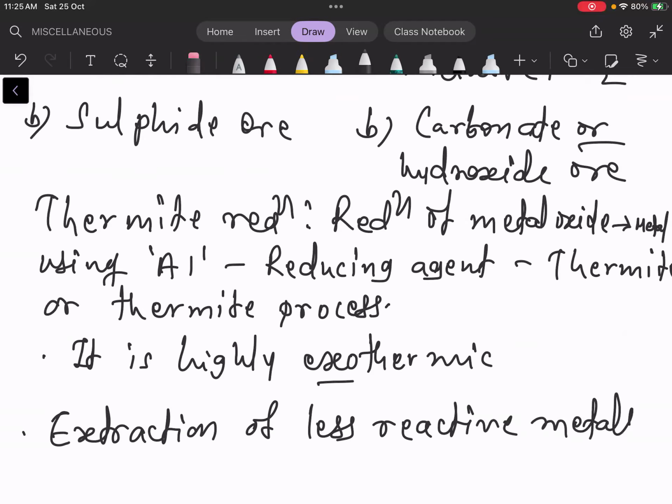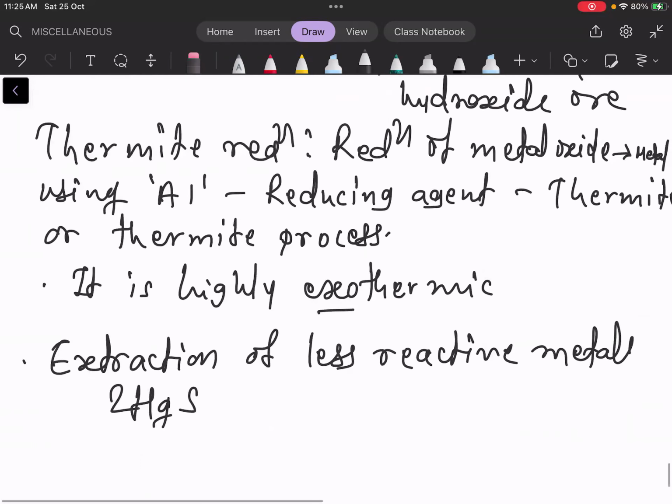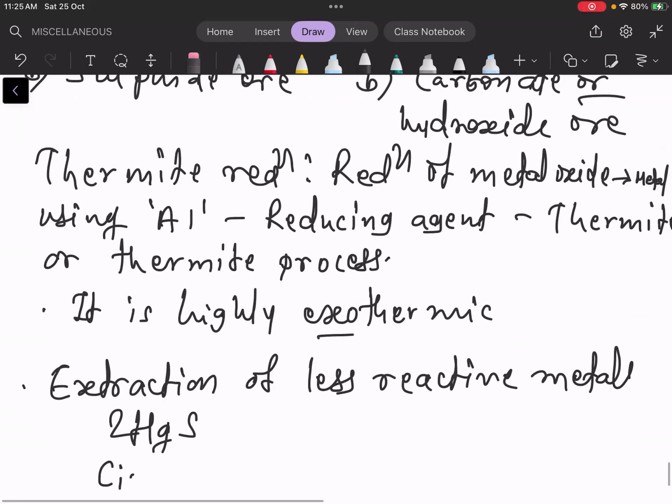Mercury is a less reactive metal. So it is obtained from the ore called cinnabar, nothing but mercuric sulfide. Cinnabar, HgS, combined with 3 oxygen